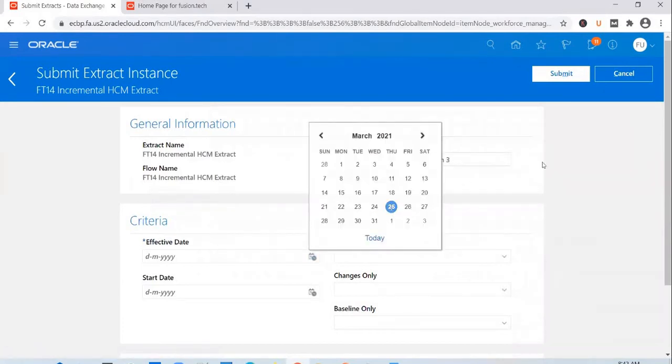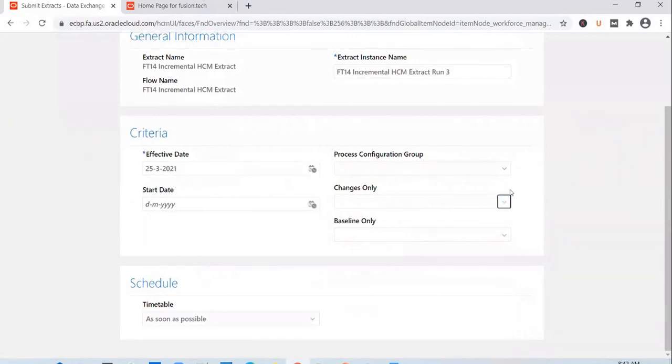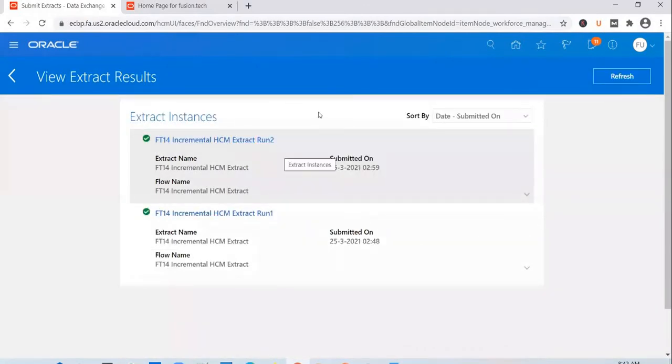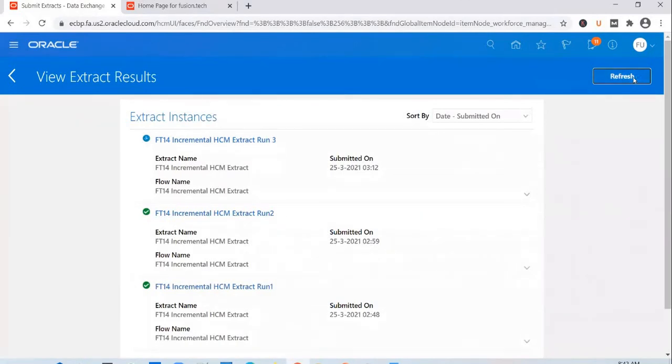Run 3. Change the attributes and kick off the request. So what you usually do is whenever you build an incremental extract, you will schedule it to run on a periodic basis, maybe 5 minutes or half an hour. And it will check what records are updated during that time period, generates a file and passes it on to the other system. If 10 employees are updated, 10 employees will be there in the file. If none of them are updated, none of them will be there in the file. A file will be blank. So let's wait for the request to finish.